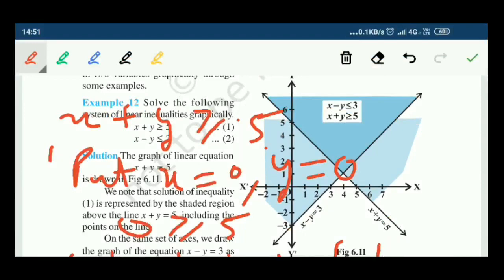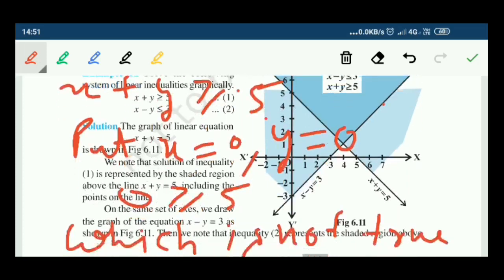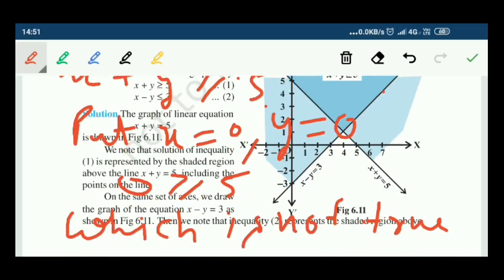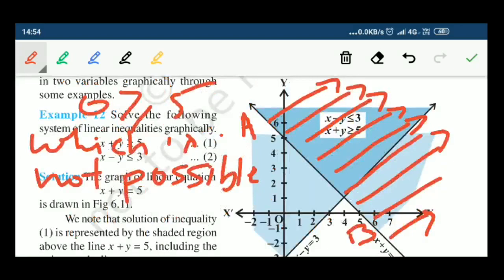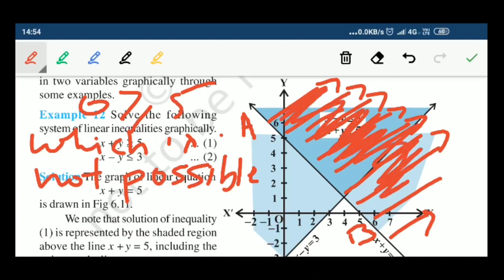Now take your first inequality here, x plus y greater than or equals to 5. What you will do, put x equals to 0 and y equals to 0. After substituting, you can see on the left hand side of the inequality we will get here 0, greater than or equals to, you can see 0 is greater than or equals to 5, which is not possible. So this indicates the shaded portion of this line AB is away from the origin. You can see here clearly this portion is away from the AB line, and in other words you can say above the line.